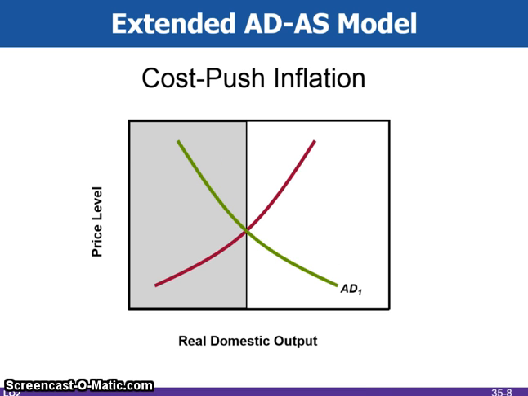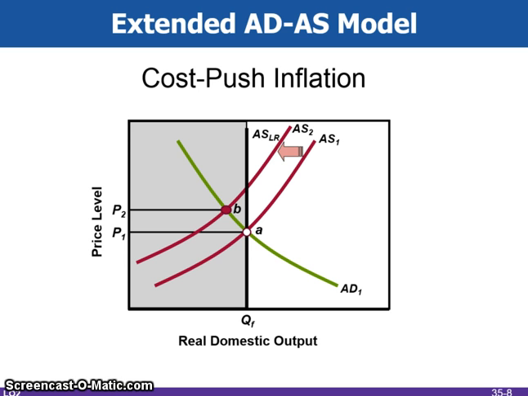Under cost push inflation, factors have arisen that have increased the cost of production at each level of production, causing the short-run aggregate supply curve to shift upwards and increase the price level. Cost push inflation typically causes inflationary pressures on the economy, and government usually will move to counter the negative effects by using fiscal and monetary policy to increase aggregate demand. This only ends up moving the prices even higher as the economy seeks to return to the natural full employment